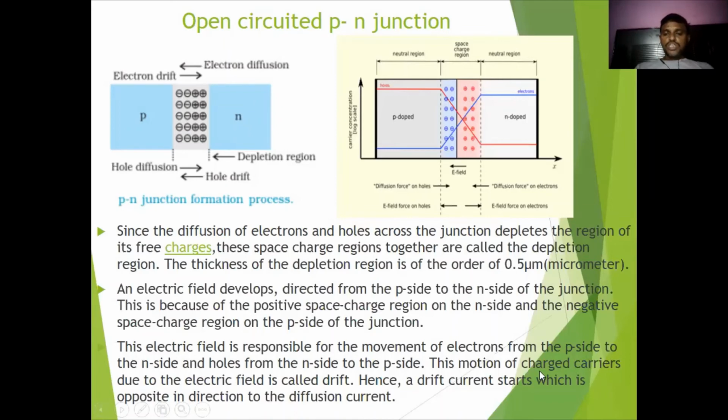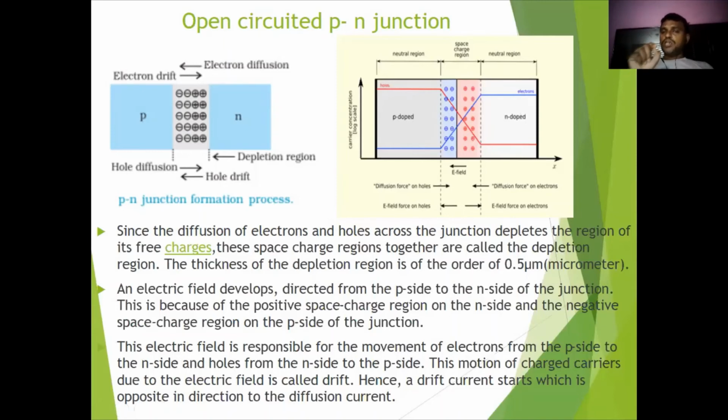So this motion of charge carriers is due to this electric field. The minority carrier electrons will move from p side to n side, and the minority carrier holes from n side to p side. That means movement of charge carriers is taking place due to the internal electric field that is generated. Whatever it may be, internal or external field, if the motion of the charge carriers takes place due to the electric field, we have to consider it as drift